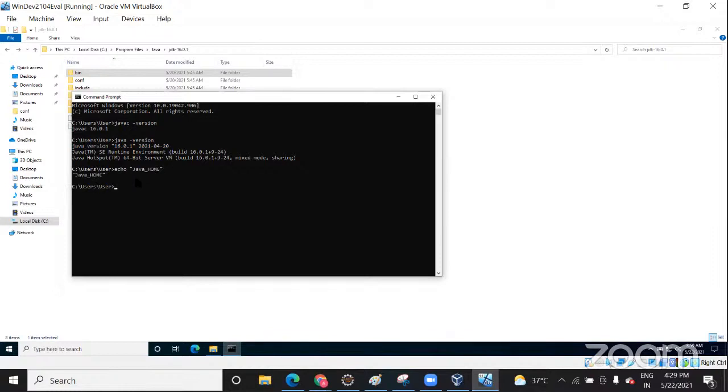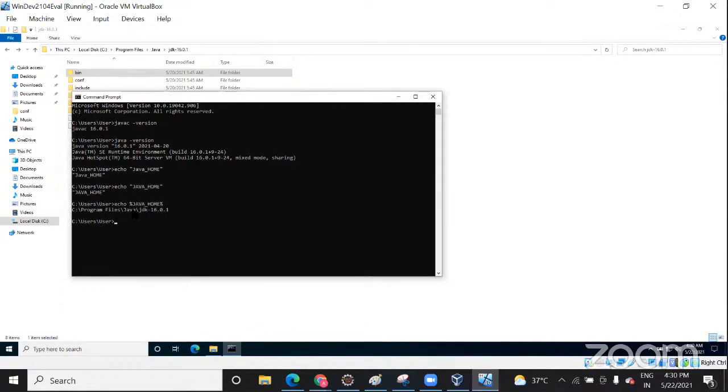Okay, Java home. Sorry, I have written it wrong. You have written it in small letters. Yes. The echo command is to print it, so when I type it wrong, it's just printed as it is. It is showing me Java home only. Oh, sorry, I forgot to add the percentage sign here. You need to add a percentage sign. Okay, now it will show you the whole path of this Java home.